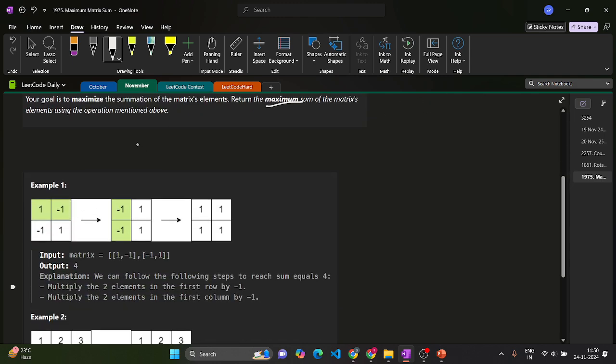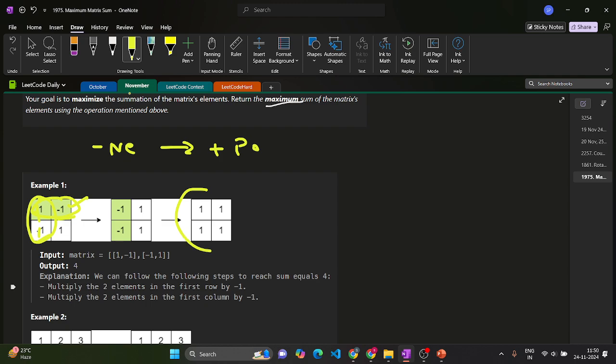So if we see this example over here, we are given this matrix, and over here we have -1, and over here we have -1. We all know that we need to somehow make negative numbers into positive ones. So we can choose these two, making this positive, and this is negative, and then after choosing these two, this will also turn into positive. So we will have all positive numbers, and when we sum all the elements we will get